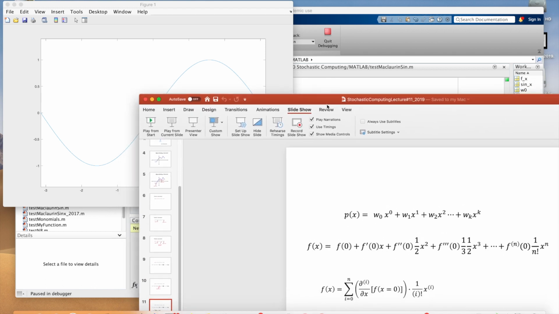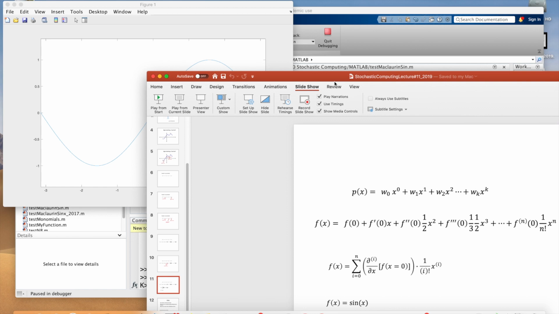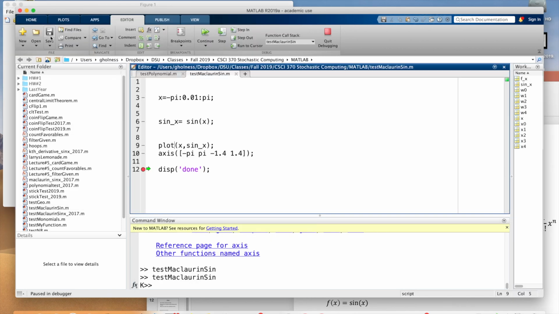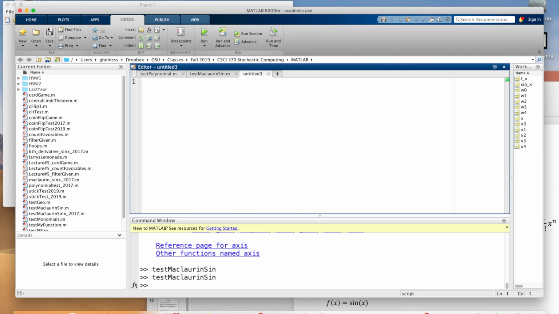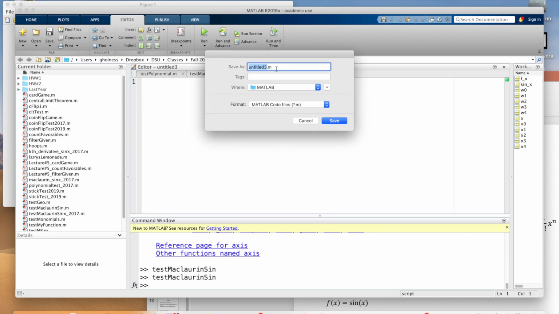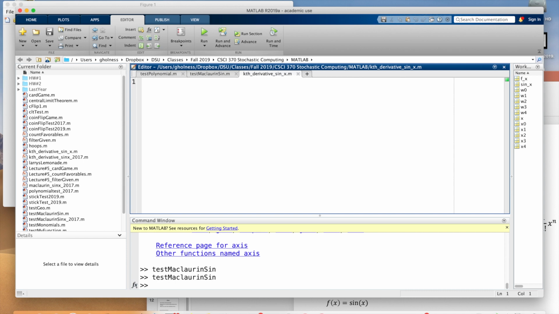And so the first thing I'm going to need, if I want to approximate a sine function, is the derivatives of the sine function, right? So we'll go back to calculus, and I'm going to create a new function, and this new function will compute the kth derivative of the sine function. And we're going to make some observations when we do this. Okay, so I'm going to save it, and it's going to be a function, and it'll be kth derivative of sine x. All right, and so it's going to be a function.